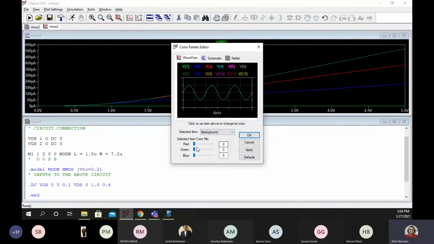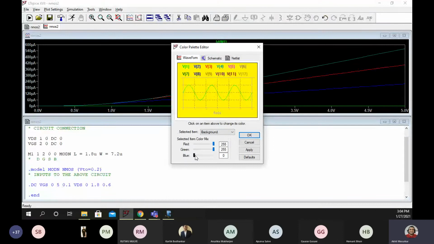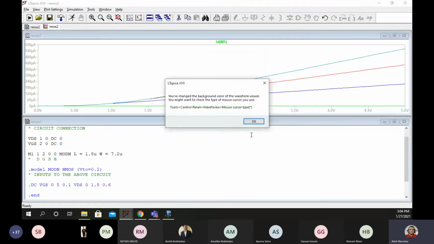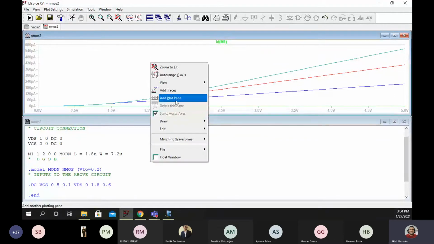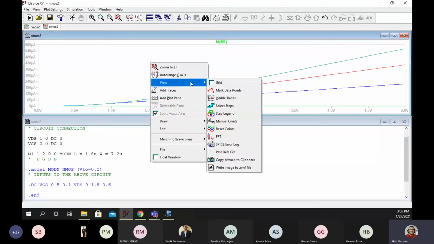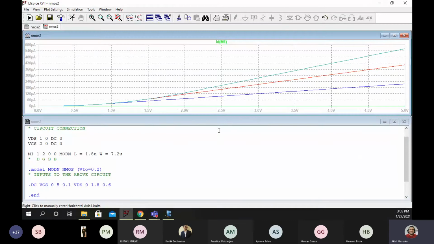Go to background and make the background white. Okay, so your background has become white, and if you want to have a grid, you can have a grid so that you can do some measurement. And these numbers here, 0, 0.5, 1, 1.5, are grayish.